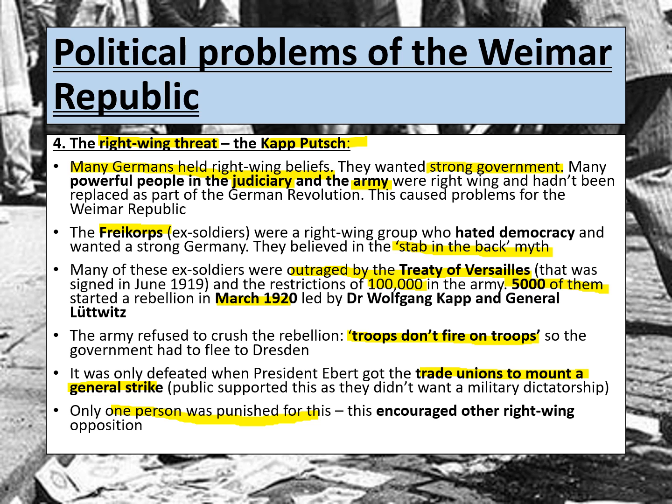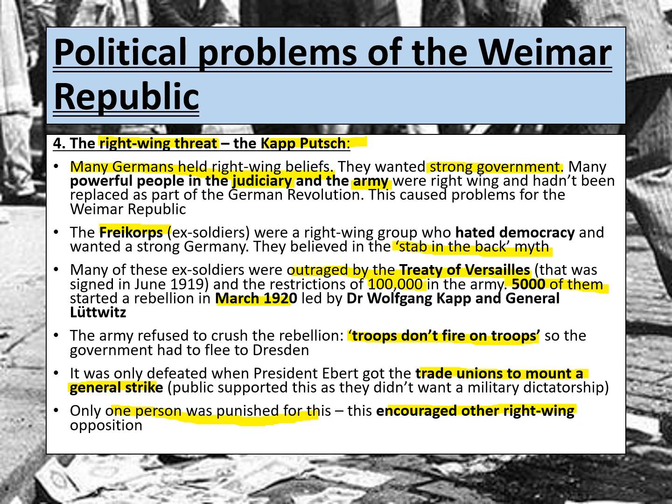Now, in terms of punishment, Kapp was the only person that was punished for this. Basically, all the others got away with it, and this just encouraged further right-wing opposition because, of course, it was made quite clear that members of the judiciary, the judges, were definitely more right-wing, and they would support the right-wing movements in a way by not punishing them as much as they had done the left-wing.